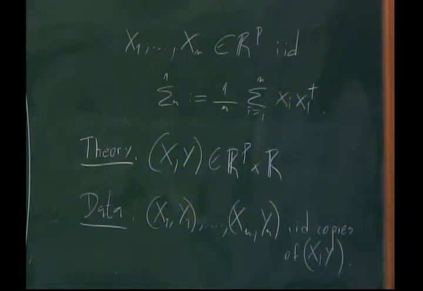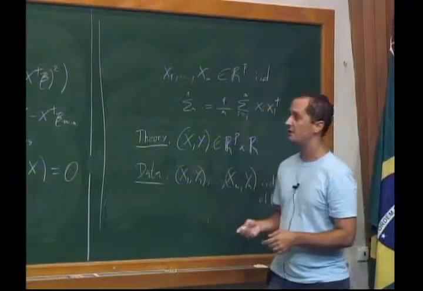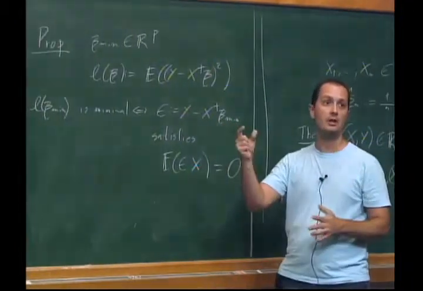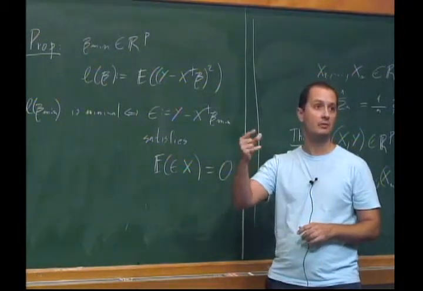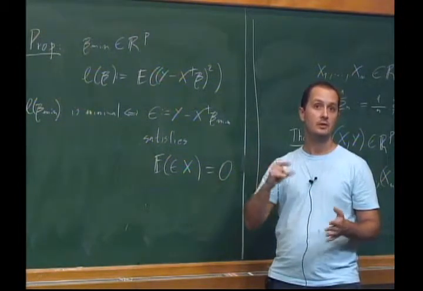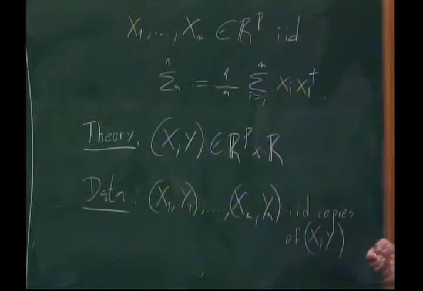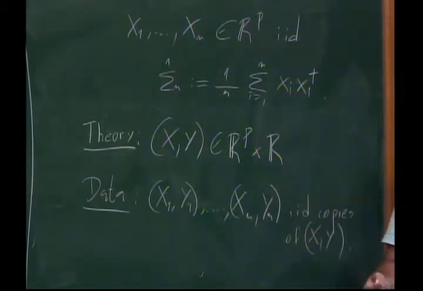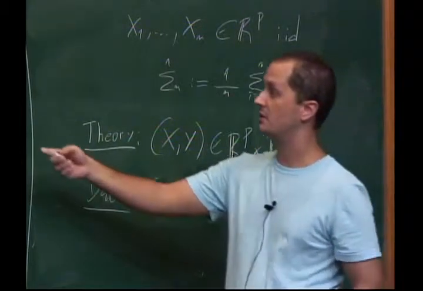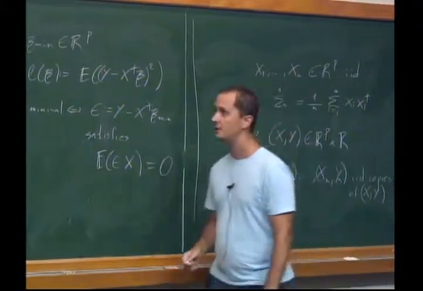Right? And somehow, what I want is to find this vector beta min. It might not be uniquely defined because, as I said, for instance, x may have two coordinates that are equal. Say p equals 2, so you only have 2 dimensions, and the 2 coordinates of x are equal. Then you have infinitely many choices. But in any case, I want to find a vector from the data, the IID data that I have, that is essentially as good as the minimal vector. Right? So what is the goal now?